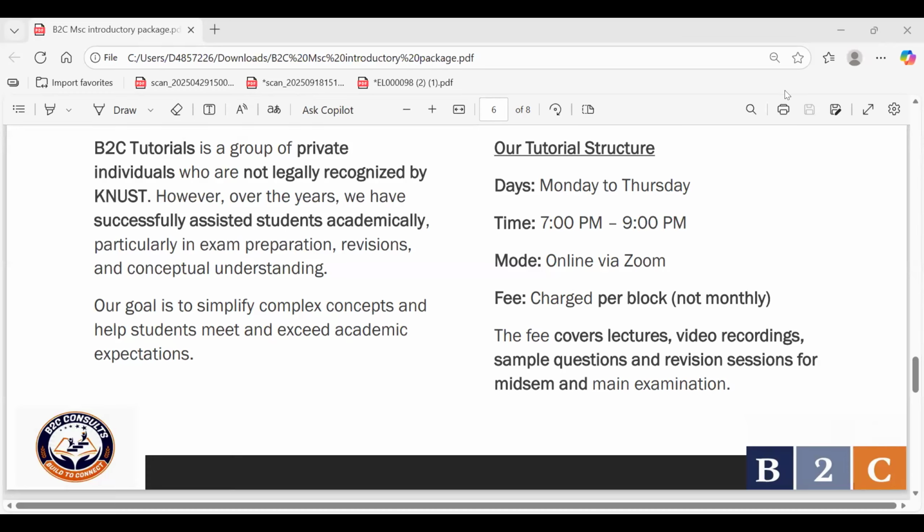Not afterwards, because afterwards when you ask your question the tutor will now have to explain it to you maybe privately and all that. But when it is hands-on, I think it helps very much. So in as much as the recordings will be available for you at any time, I think you should come to class, stay through the class, ask your question as and when it pops up so that it enhances your understanding. We're also going to solve past questions with you, possible questions. We are going to solve a lot of questions with you, but we'll make sure that you get the concept as well. That's what B2C is known for. We make the complex things